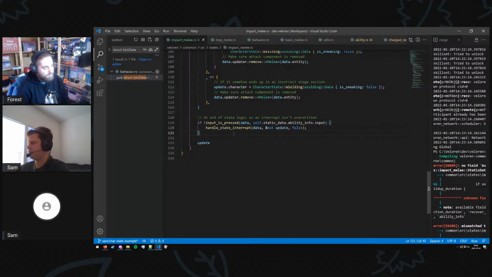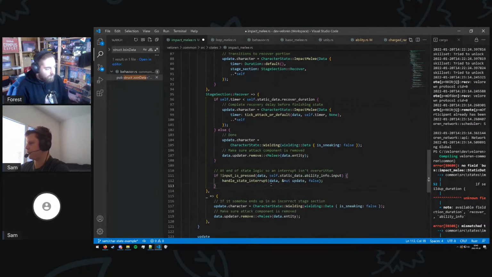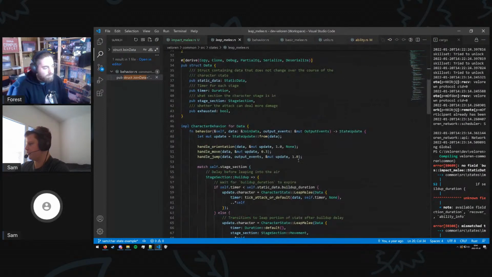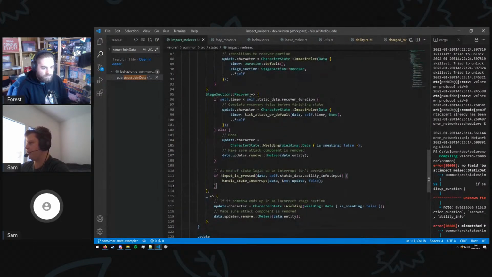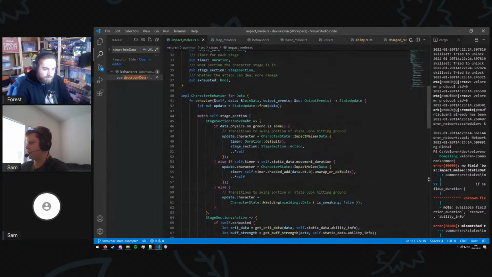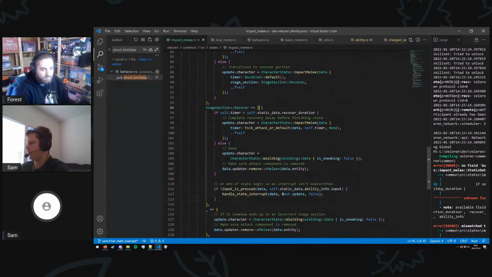And then this bit here is if we wanted to allow an interrupt to happen, but in general it'll be falling, so we probably don't. Or at minimum, we want to only allow it in recover. So actually, in the beginning, let me go back to here. You'll remember I removed these, so I'm going to copy paste those back over. It's mainly in the movement that we don't want to allow it, since you'll be falling. Once you're in recover, we can allow for